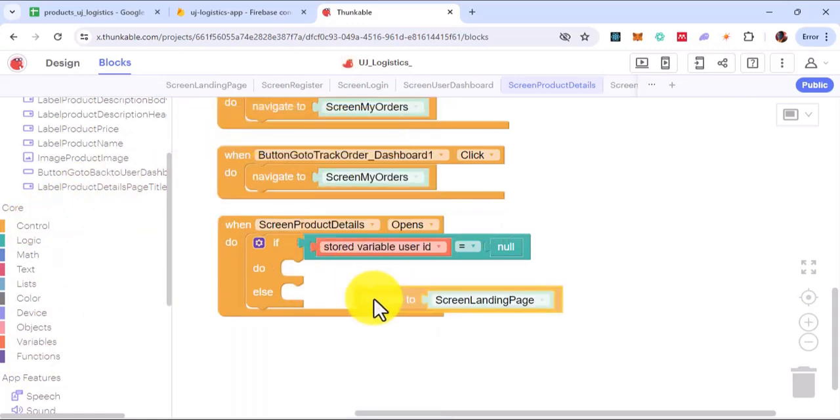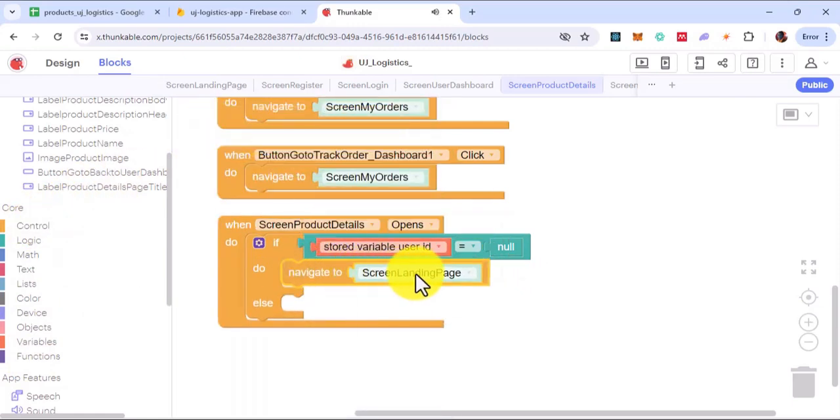So if this is none, then navigate them to the login page. Now if it is not none, then make them remain on that page. Now in order for us to be able to